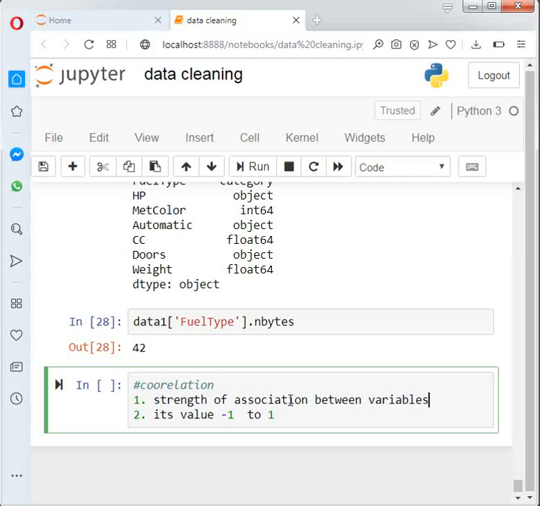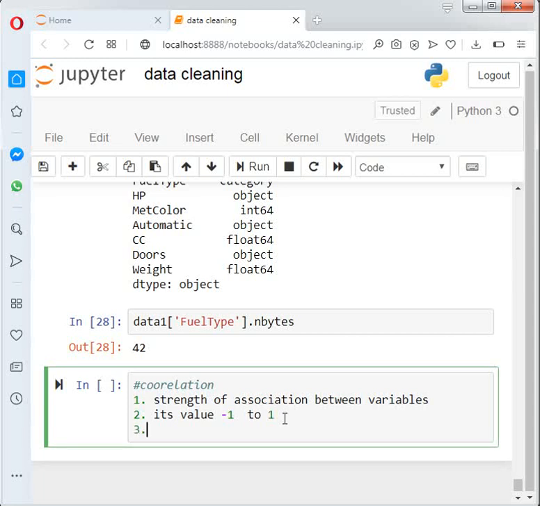It's a strength. Strength means that if its value is -1, the strength is weak. If the value is 1, its strength is high. In between, the value may be either -0.2 or a positive 0.58. So any value will be assigned from -1 to +1. So it's a correlation. So how can we find it? Correlation applies only to numerical data types.